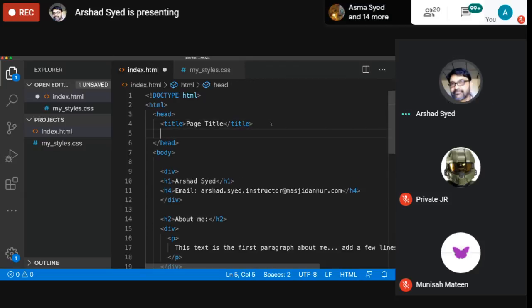I'm going to enter a line, hit enter, and I'm going to add a link tag. And this is a link tag. I'm going to say my_styles.css. So now, before I show it in the browser, and again, you're going to have to do it on your own,